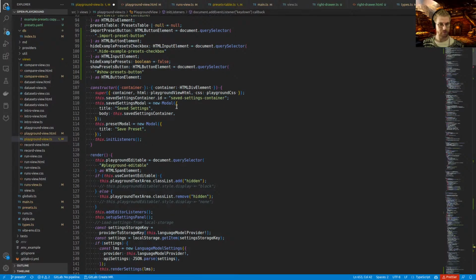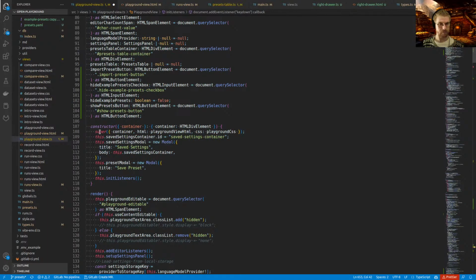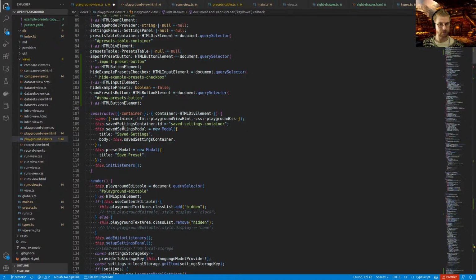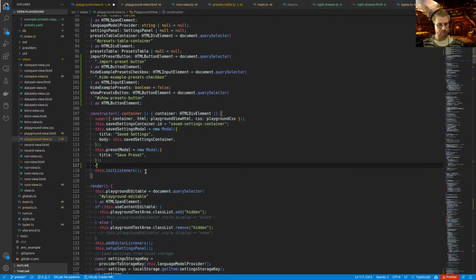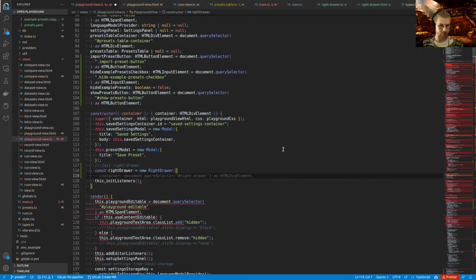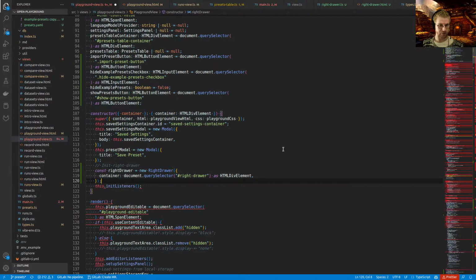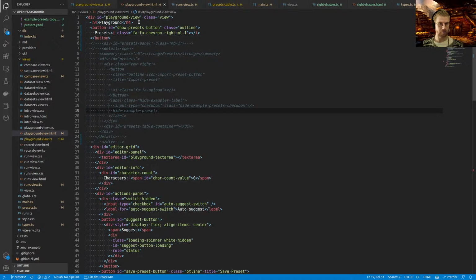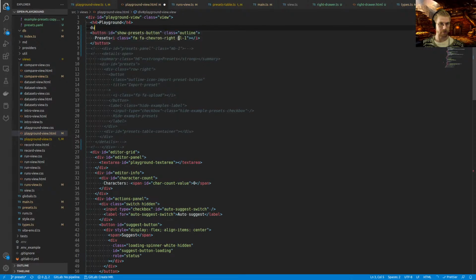So in the constructor, this is where I want to start some kind of right draw. So let's say init right draw, and yeah, we've got our right draw component, and we're going to have a container called right draw. Let's do that. Playground view, and we're going to have